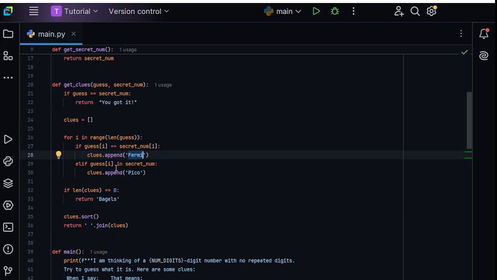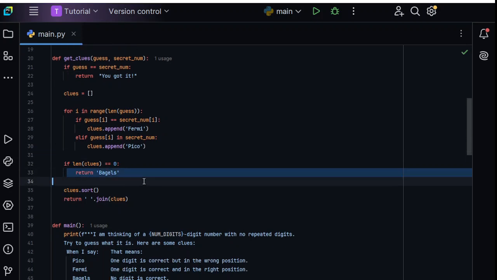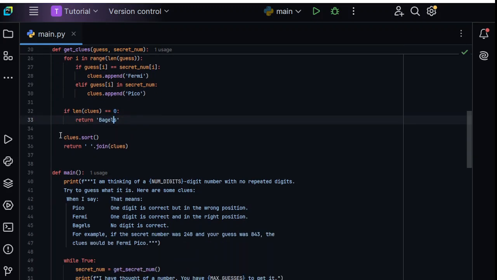Otherwise, if the guess digit is in the secret num but it's not in the same position, we append Pico to it. Then we check the length. If the clue length is equal to 0, that means there's no clue. Then we just return Bagels. And here what we do is sort this, then we join it together,